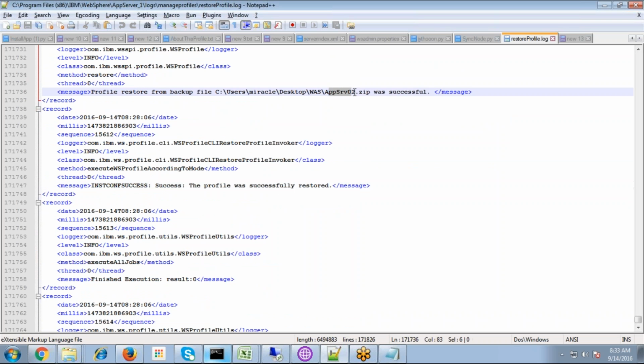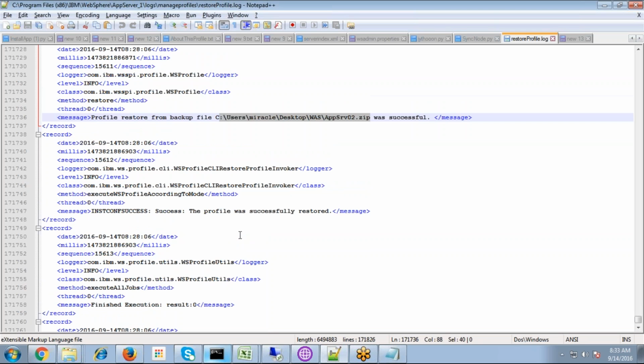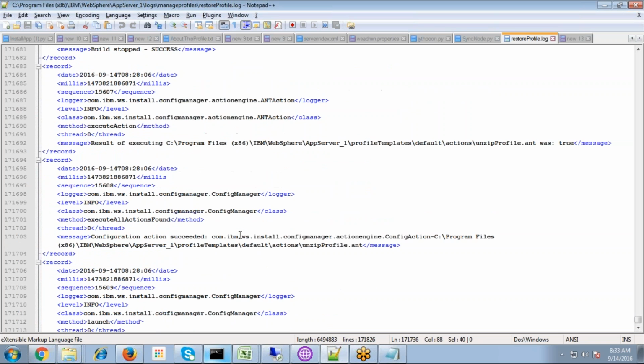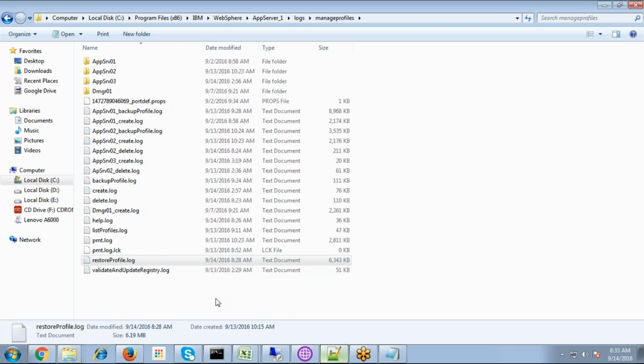The name of the profile is 02. The location is shown here. It will repeat the messages two or three times. Okay, next what we are going to do is